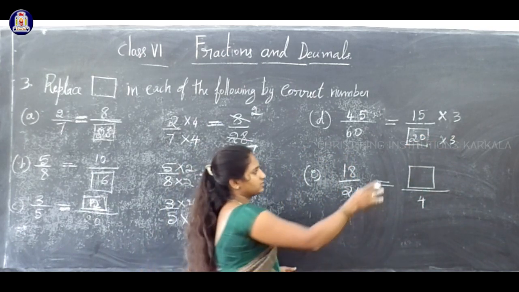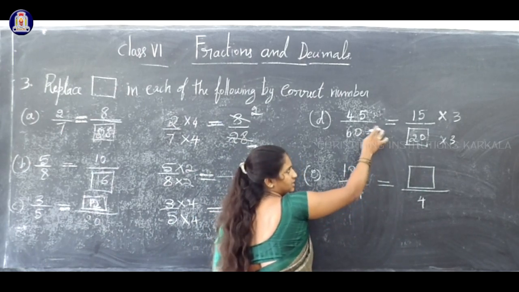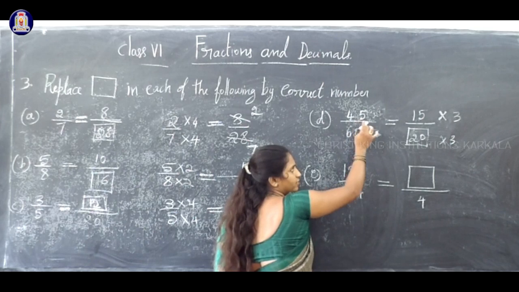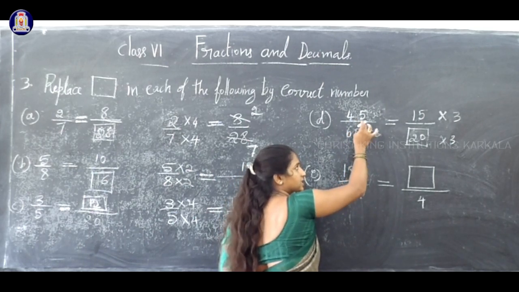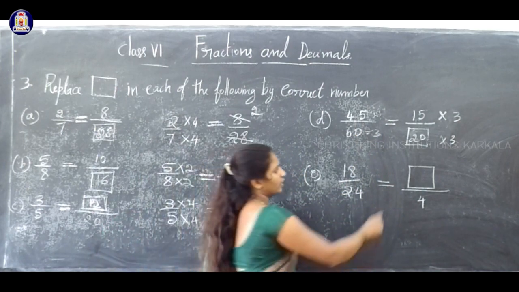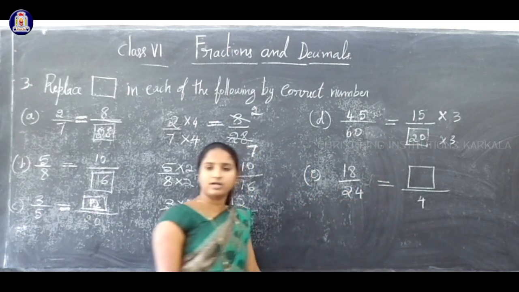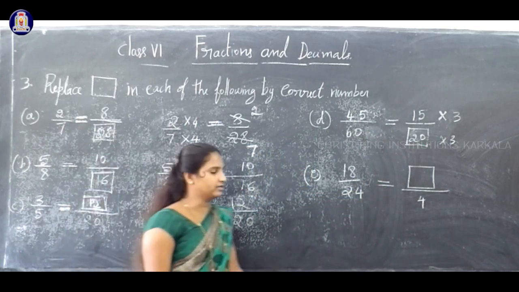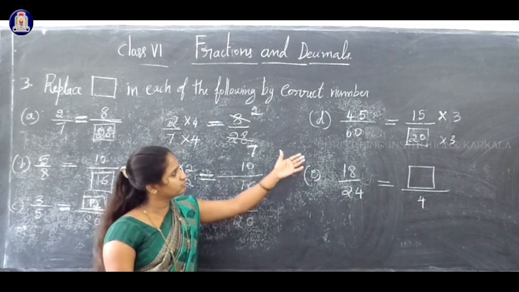Clear? Or else you can divide by 3. So we will get the same answer. 3 how much are 60? 3 1s are 3, 3 2s are 6, remaining 0. So the answer is 20. Clear? So 20 into 3 we get 60. Any method you can multiply or you can divide the number. Okay? Now, what is the answer? Answer is 20. Fourth one is 20.